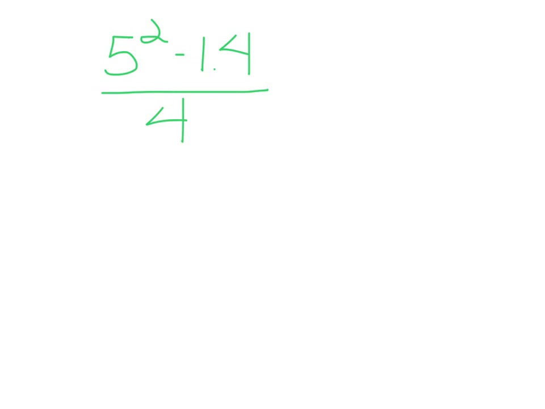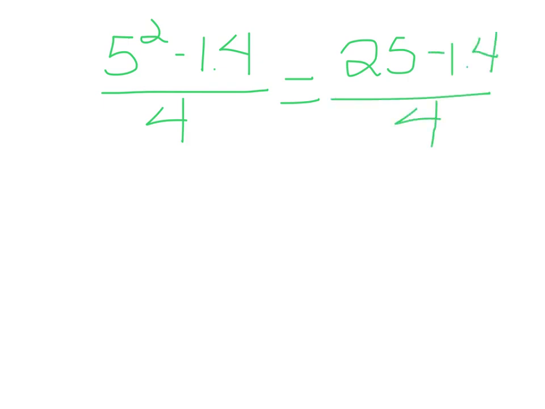So we have 5 squared, which would equal 25 minus 1.4 over 4. Now we still can't do that fraction. We still need to simplify this top. So now we have 25 minus 1.4, which would equal 23.6 over 4. Now we can do that division, and when we divide that, 23.6 over 4, it equals